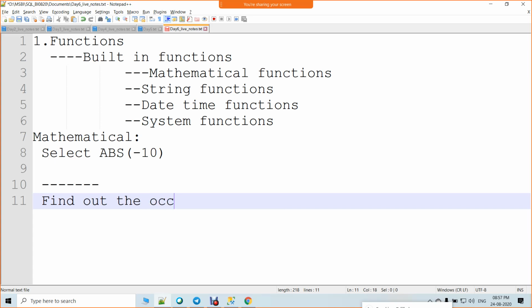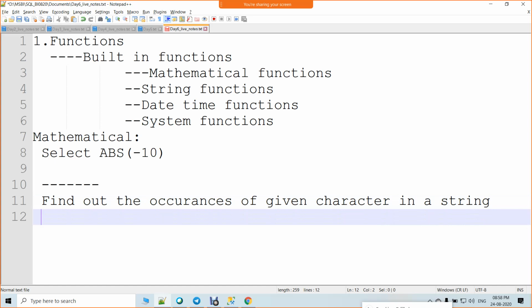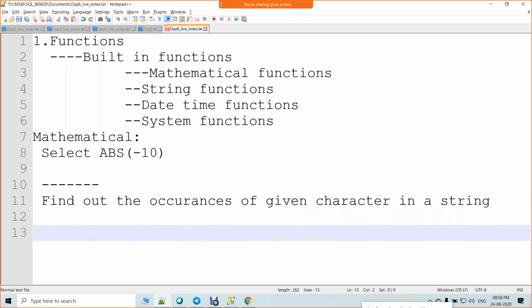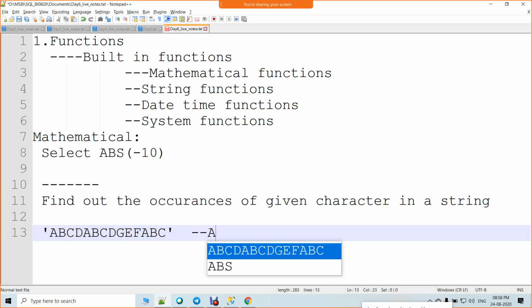Find out the occurrences of the given character in a string. I will explain this question. Find out the occurrences of a given character in a string. So my string is, let's take, A B C D A B C D G E F A B. Now I would like to find how many times A is repeated.